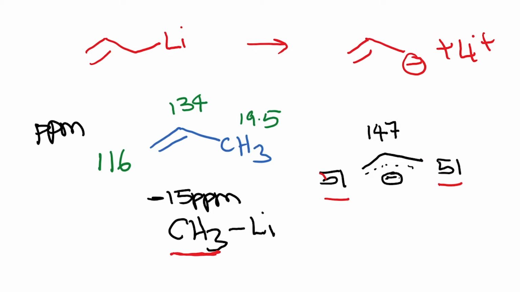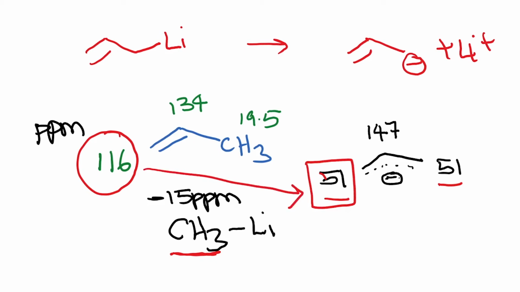Okay, so for a normal olefin, what we would expect is a value between 120 and 130, but we actually get a value of about 51. This substantial jump in the chemical shift suggests that this carbon actually has a strong negative charge. Of course, it doesn't have a full negative charge, it would have a strong partial negative charge. So I will repeat this concept once again.